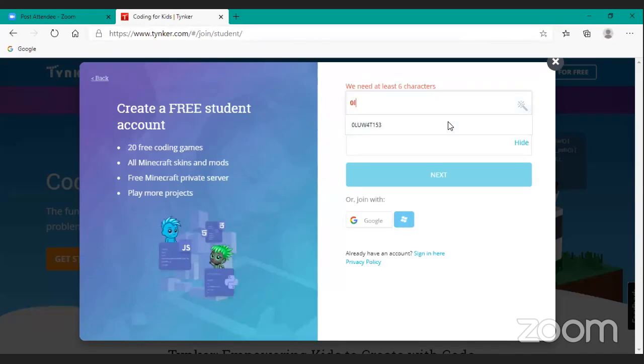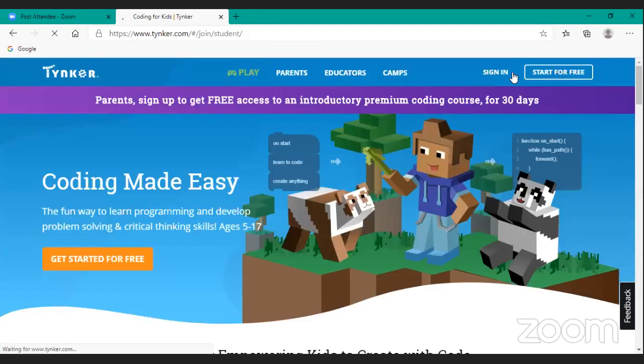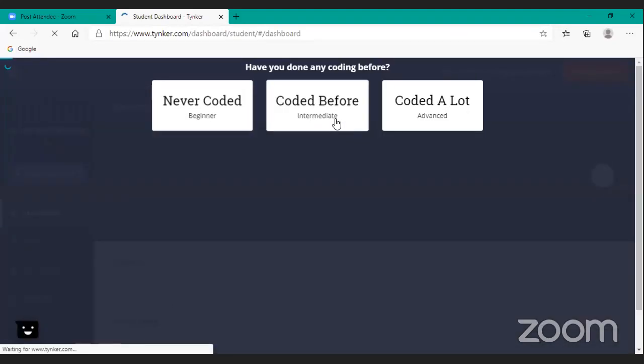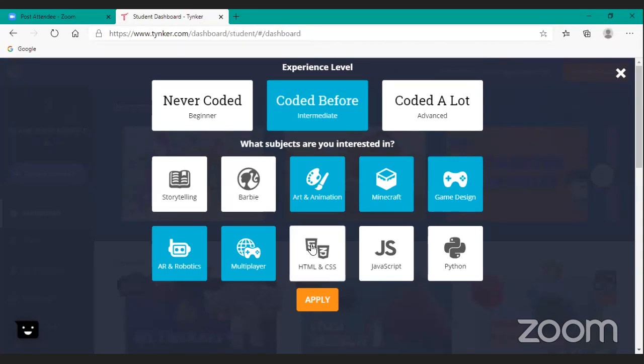For example, I always use my username, this one, and create a random password. Or you could join in with Google, but you could also use something else. But I've already created an account, so I won't need to do any of this. Once you've created an account, it's really easy to set up. Once you've set up, we are doing Python, but you can also choose some other stuff you would like to do, such as